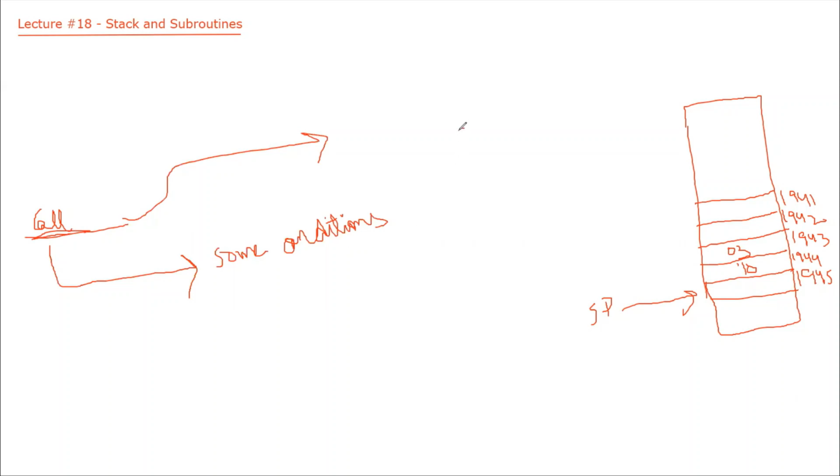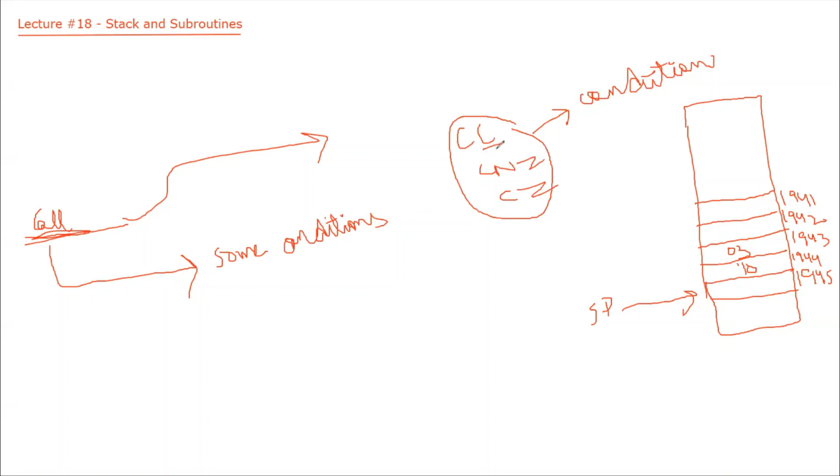However, there are instructions like CC, and there are many other instructions. Apart from CC, we have CNC, which is checking the carry flag. We have CNZ, we have CZ. We have many call instructions which make a call by checking a condition. Those are called conditional calls. They work in a similar manner as the call instruction. The only difference is that before making a call, they check a condition.